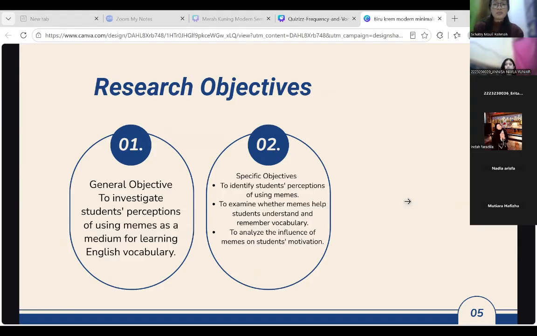The second is to examine whether memes help students understand and remember vocabulary. And the third is to analyze the influence of memes on student motivation. And by achieving this objective, this study helps to provide insight into the educational potential of memes. Next slide, please.